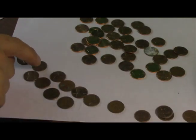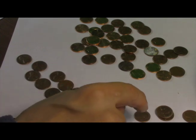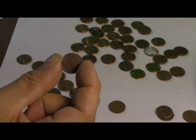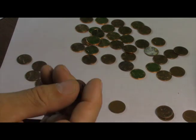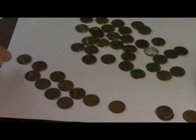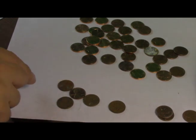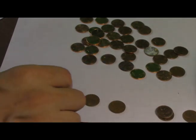Alright, and this one I got 1, 2, 3, 4, 5, 6, 7, 8, 9, 10 coppers. 1 old Canadian. A dime that looks like a penny. It's got a copper hue to it, but it's just a 1991 dime. But it definitely has a copper hue to it. That's interesting how that got in there. Anyway, okay, so we got a 67, 1980, 77, 73D, 74, 79, 76, a minty fresh 76, a 75, 1980,